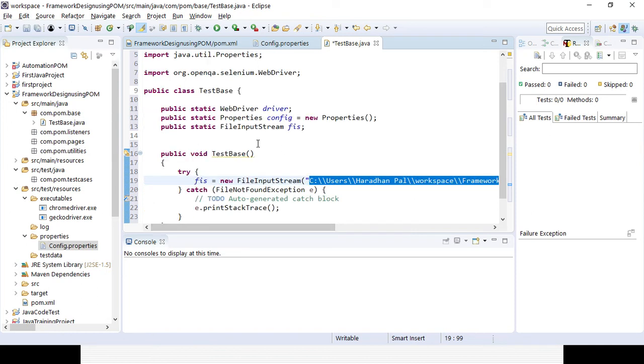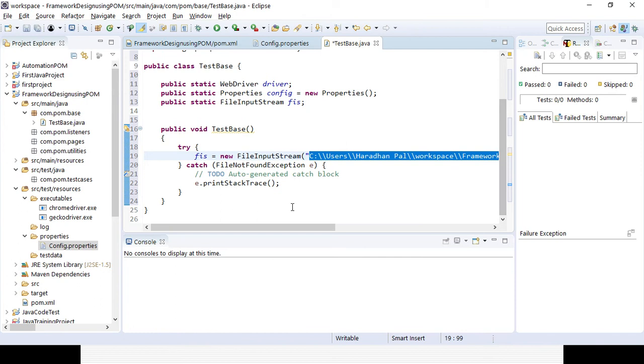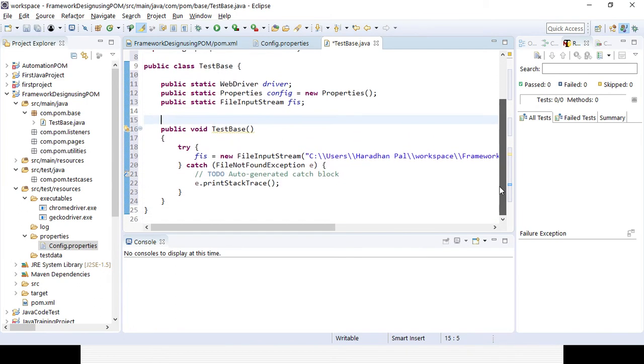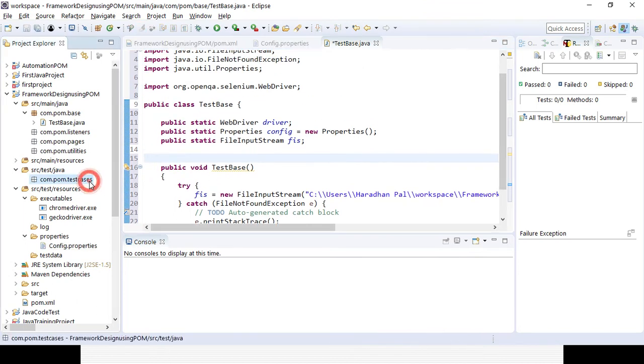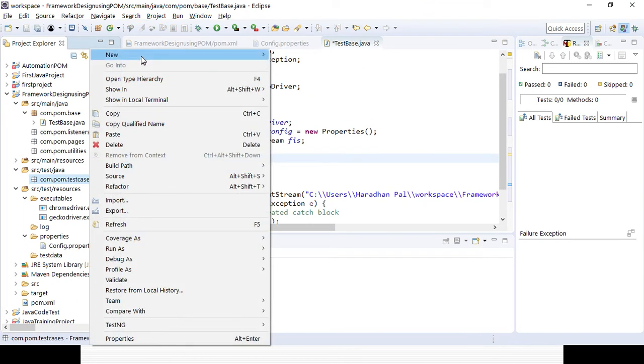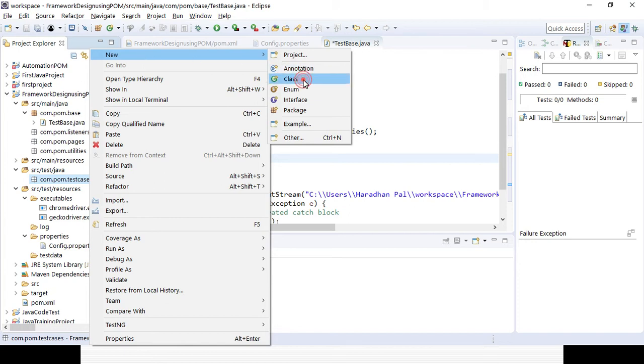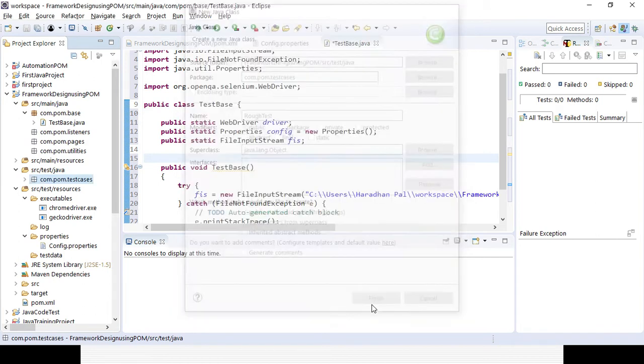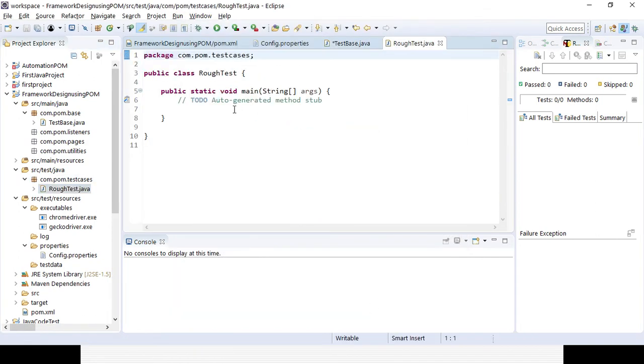So let's try to print something here. Okay, let's try to create a class, in the test package, let's create a wrap class. Wrap test. So I am creating a class WrapTest in the test package, where you can do all your wrap work, instead of doing it in the real class. So you can do some wrap work, right?